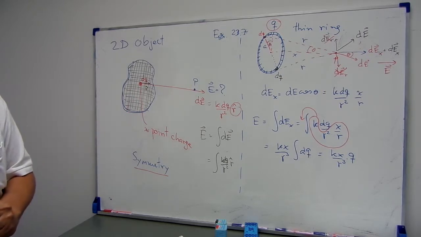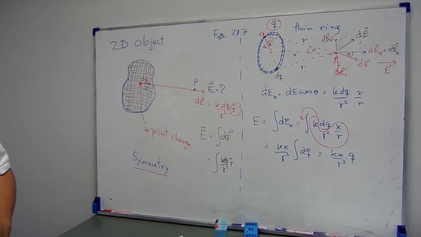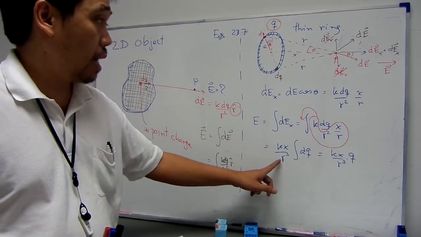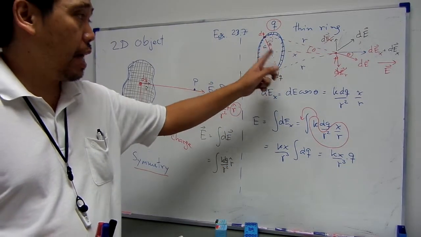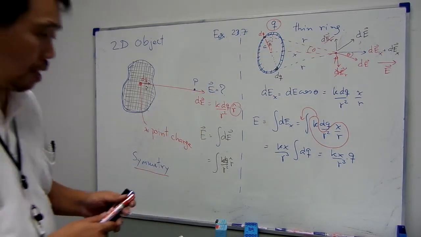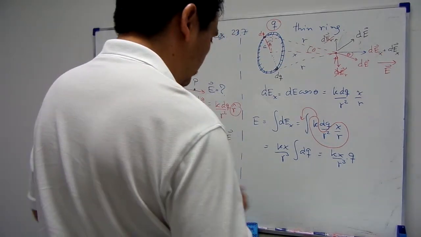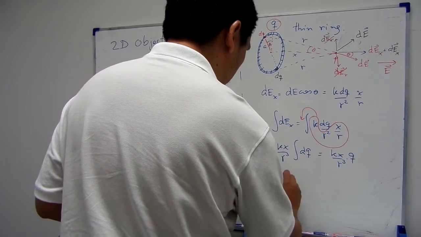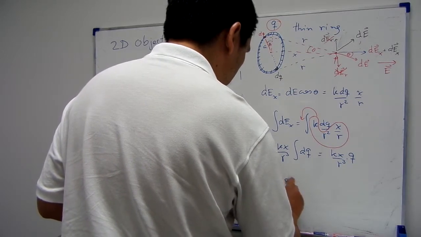Anyway, if we want to write down r explicitly in terms of a and x, we can write this as kx Q over